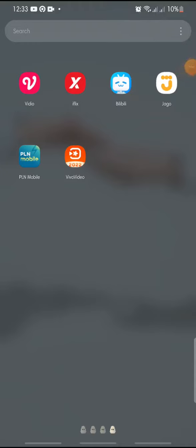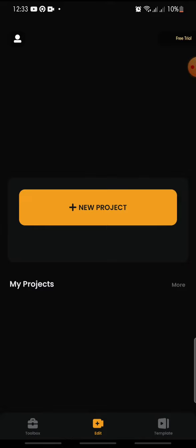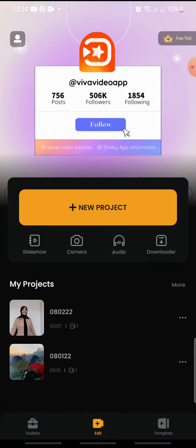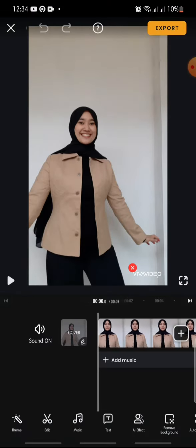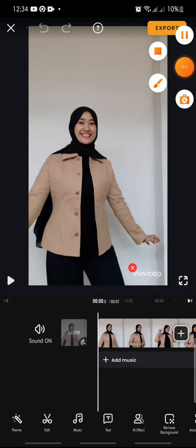In this video, I'm going to show you how to add rotoscope effect on a VivaVideo apps. Now let's get started. First, open your VivaVideo apps, and after this, if you wanna add a video, you just click on the new project or click on the project. And after you add the video that you want to edit, you just click on